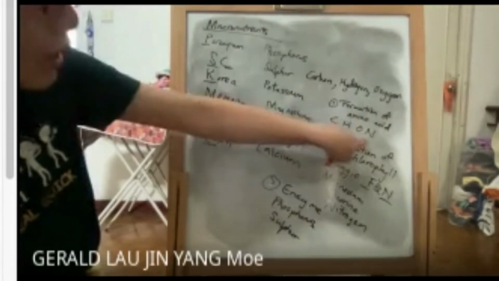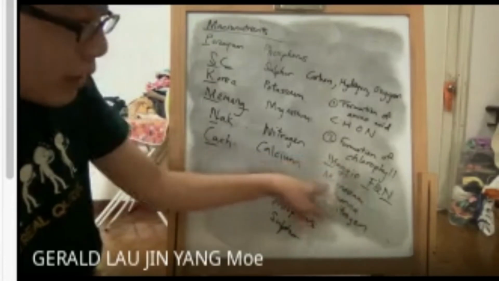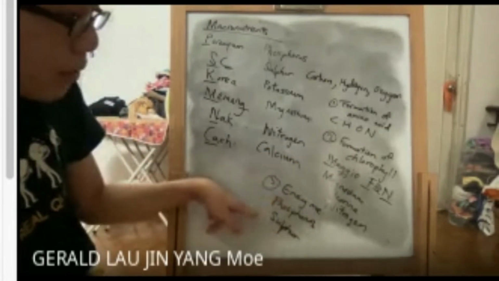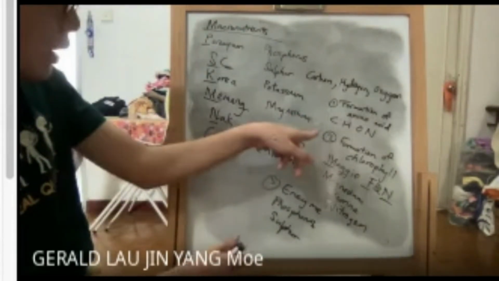You already know these 4 elements. Chlorophyll, magnesium, iron and nitrogen. So these 3 elements, enzyme, these 2 elements. Okay, that's all. Just like that. And then